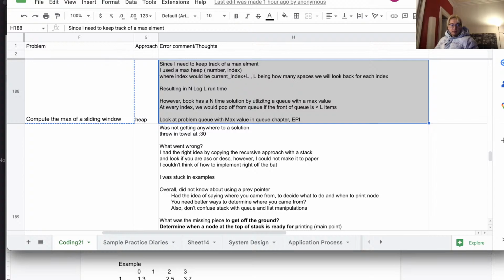So how can we efficiently find the max in an array, right? It's like A, B, C. So that would be my next step in logical thinking: how can you find the max in a set, in an array? Let's just say an array for this example. One way to do it is you can traverse it and take the max, but this is going to be O of n time.